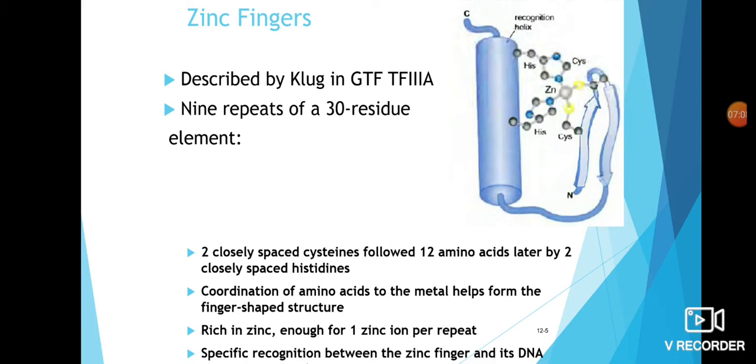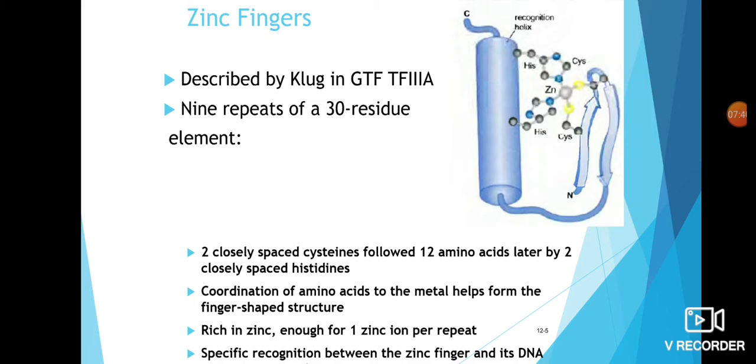Now, in my last lecture, I told you about the DNA binding domains. There I mentioned zinc finger or zinc containing modules. Under the zinc containing modules, there are 3 divisions. One is zinc finger, one is modules containing 2 zinc ions and 6 cysteine. Another is the zinc module found in glucocorticoid. That means another type of zinc module is present in nuclear receptor. So there are 3 types.